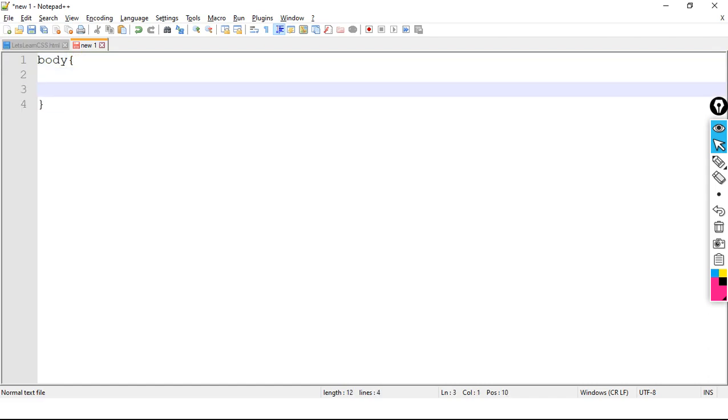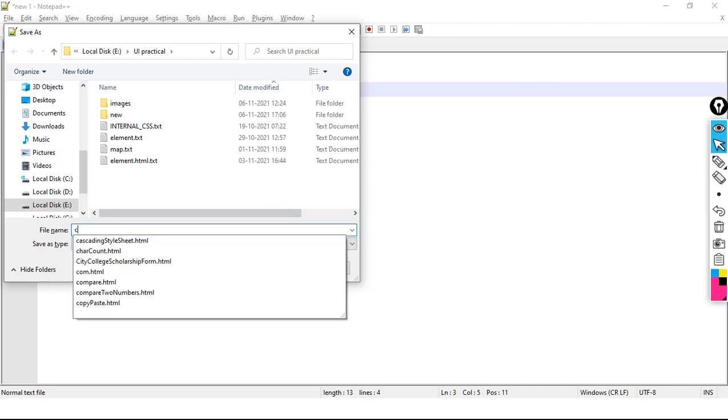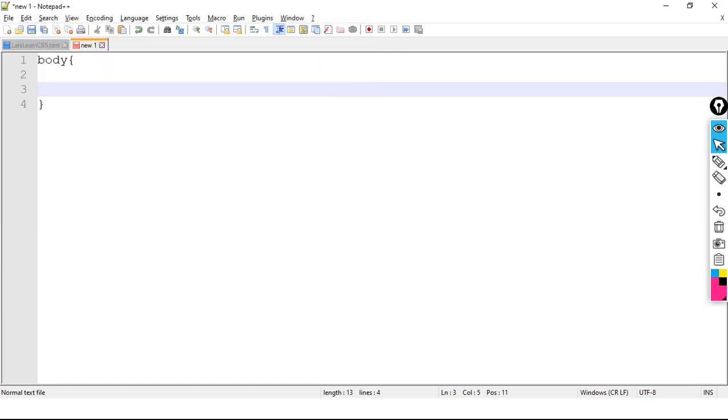New file, save the code with, first we will take one body opening and closing, and we will write here our code. Wait a minute, save the code with css external dot css.